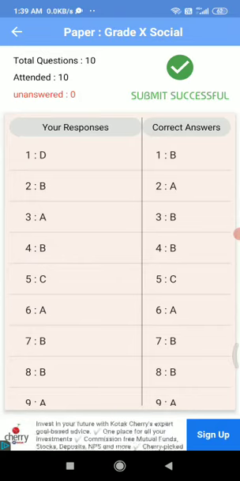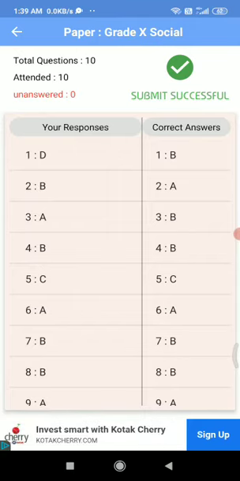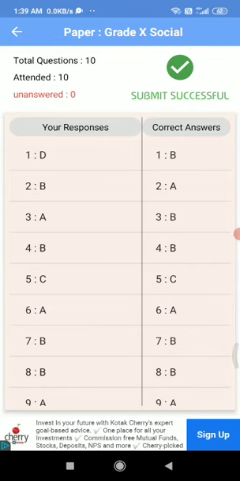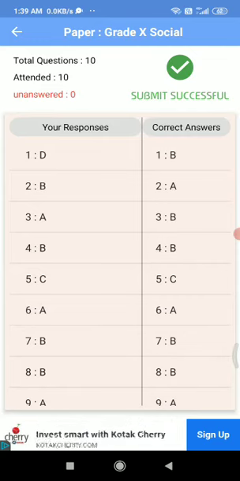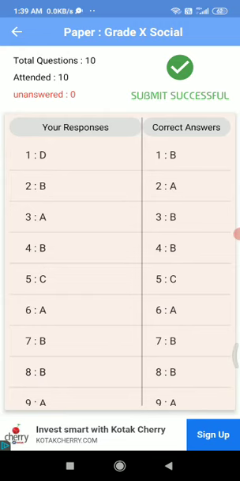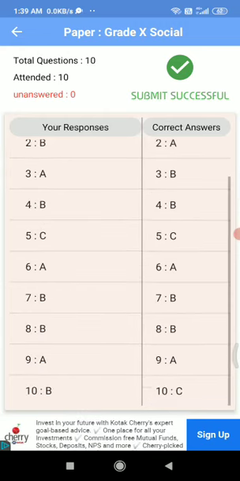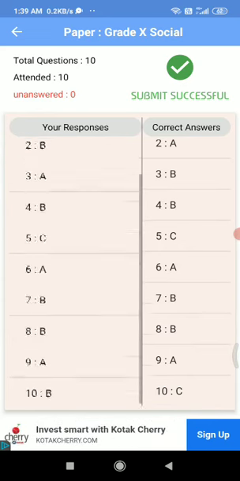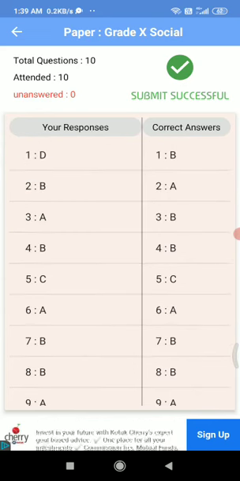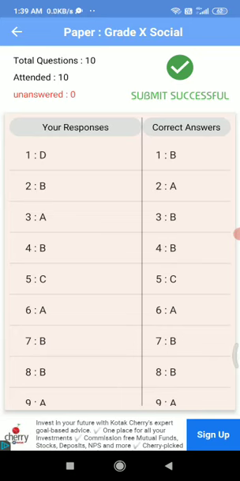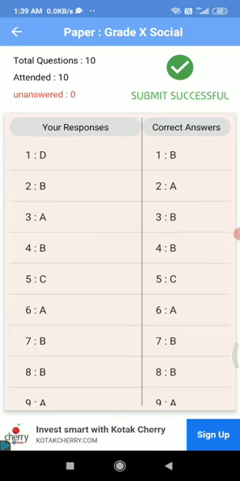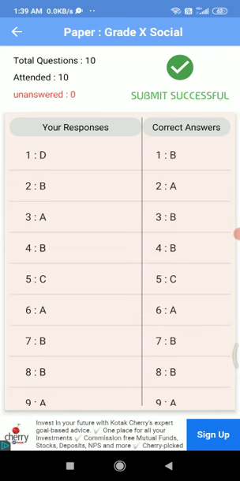Automatically your progress will be sent to the subject teacher, and the subject teacher will note down your marks. Clear everybody? You might have understood, I think so. The name you give as the username while registering will appear on the teacher's server, so the teachers can note down your name. While signing up, give your name clearly, full name with initial. Okay, thank you everybody.